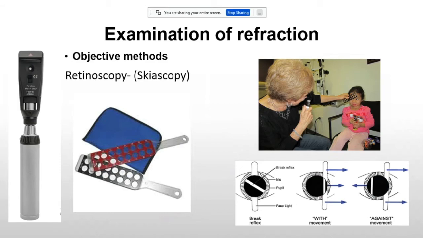And we create this standard situation because we can't examine the distant point of all the eyes, because the distant point of an ametropic eye is something in eternity, or, in hyperopia, behind the retina. So this standard situation is created to bring the distant point of the examined eye to 1 meter, which is the distant point of myopia of minus 1. So we have to recalculate for the eye examined by adding minus 1. Okay? For example,